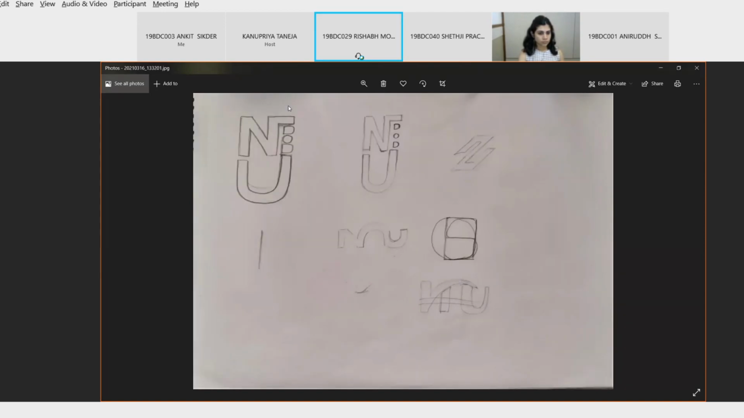This is another idea that I tried out, where I thought to show how everything, the DoD, is a part of the entire Nirma University. So I made the letters, a very simple letter form that I created using the N and U, and I tried to put the DoD here in between. So this can be replaced by the other institute also, but as of now, since we're doing it for DoD,